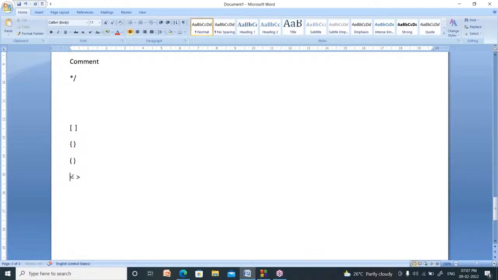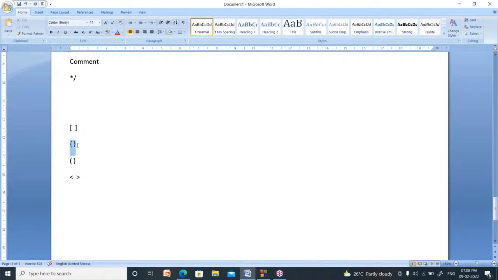I used this one to include the header file: hash include stdio.h. You have to write it within the less than and greater than symbols. Okay, it is one type of bracket. After void main, you use this symbol. It indicates a function.